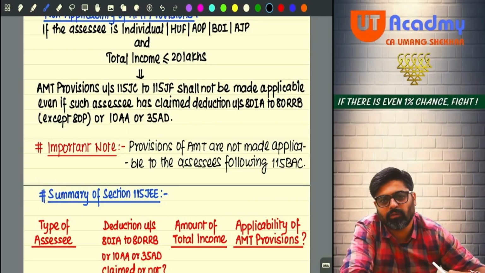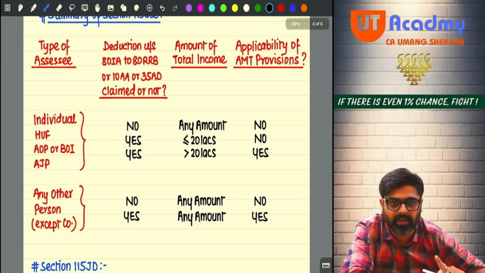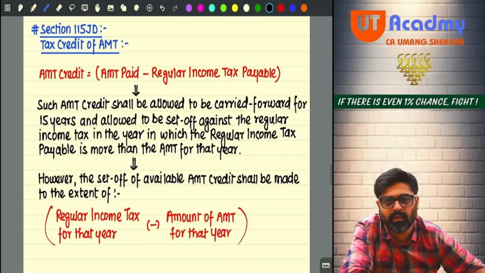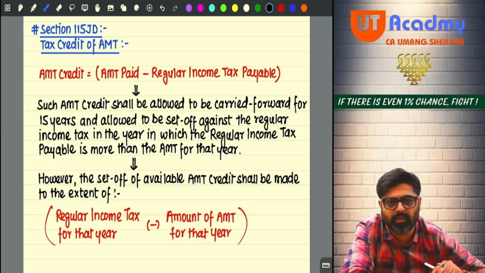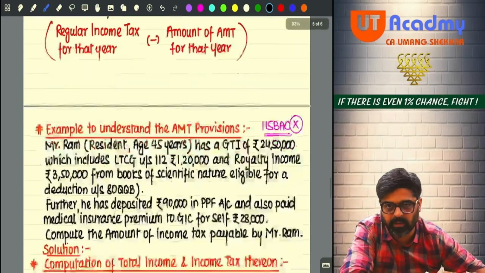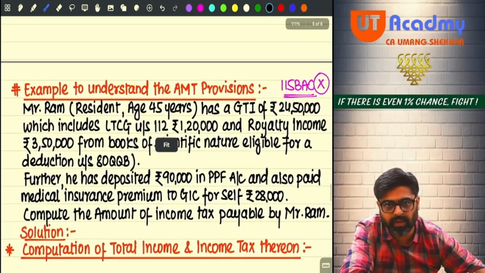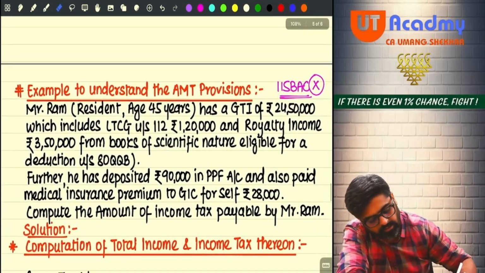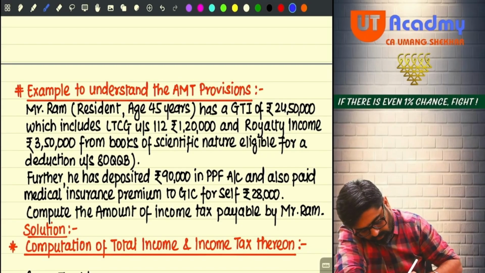Okay. Now see, the same thing I have done with you. This entire summary. Okay. Then right now I just explained this tax credit of AMT. How the tax credit will be formed, how it will be allowed. Okay, no, this entire provision I have explained. Now coming to this example. In this example we have to assume that the assessee is not following 115BAC. Okay, no. So the assumption which we are supposed to take in this question,